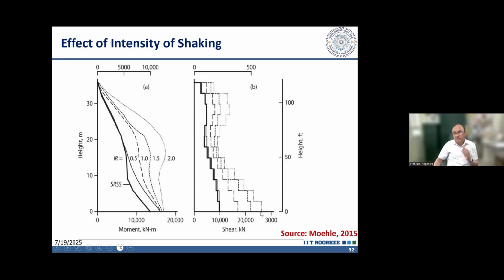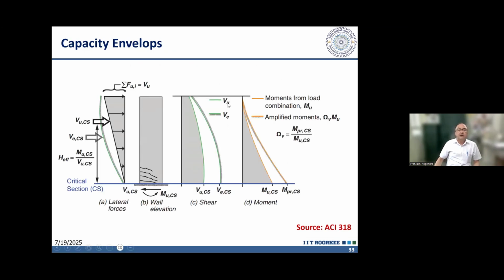So we have to ensure that even after yielding of the shear wall at the base, the shear failure should not occur. We should have adequate shear capacity in the shear wall. Now, ACI 318 suggests these envelopes for bending moment and shear force,